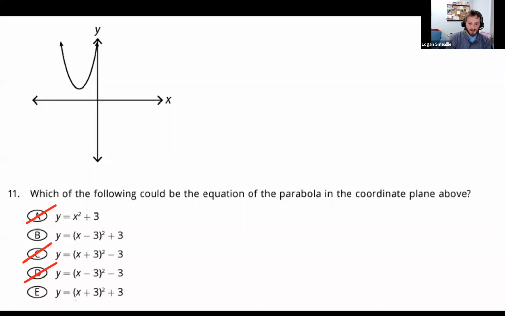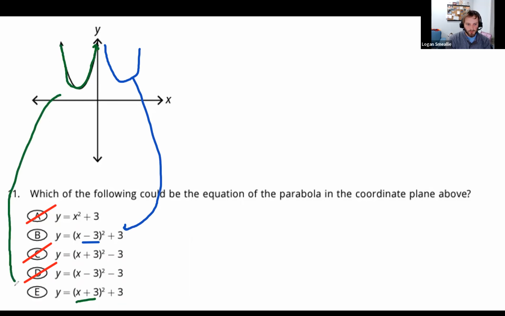And this is where that sort of inverted thing comes in. Remember that a minus would actually be over on the right. That would be that. And our actual one here is a plus. How would you remember that? Well, first off, if you didn't, you could always try some coordinates.